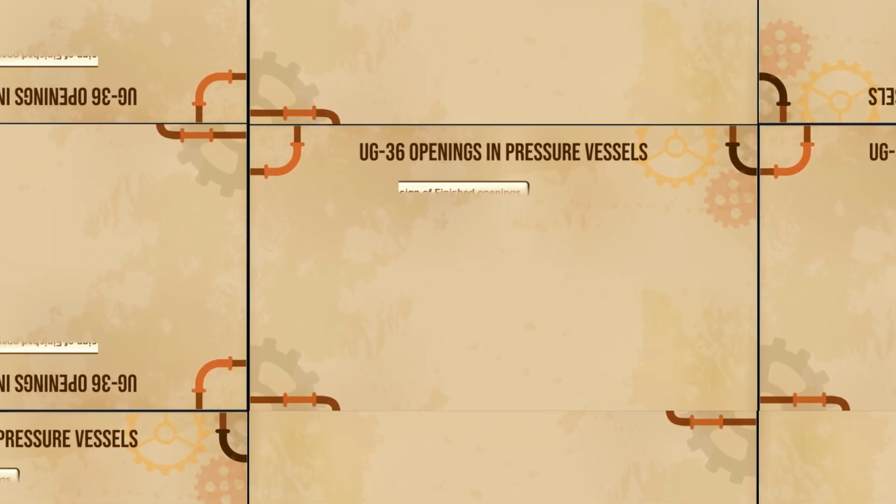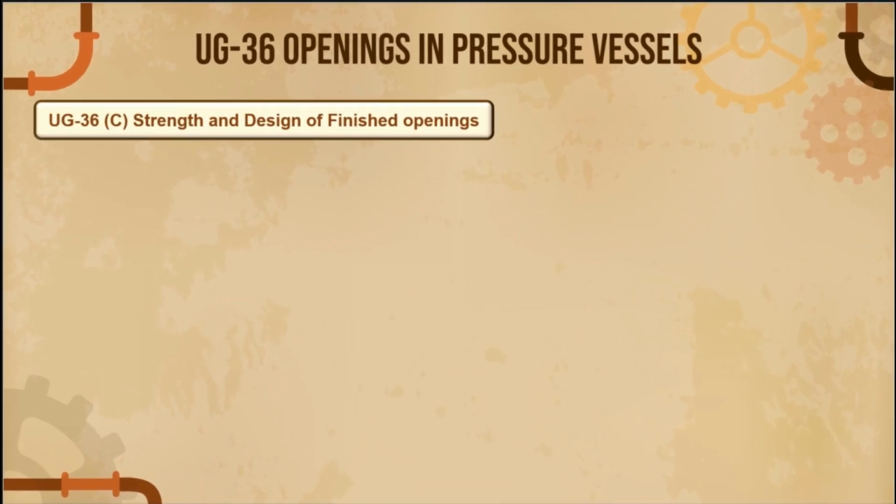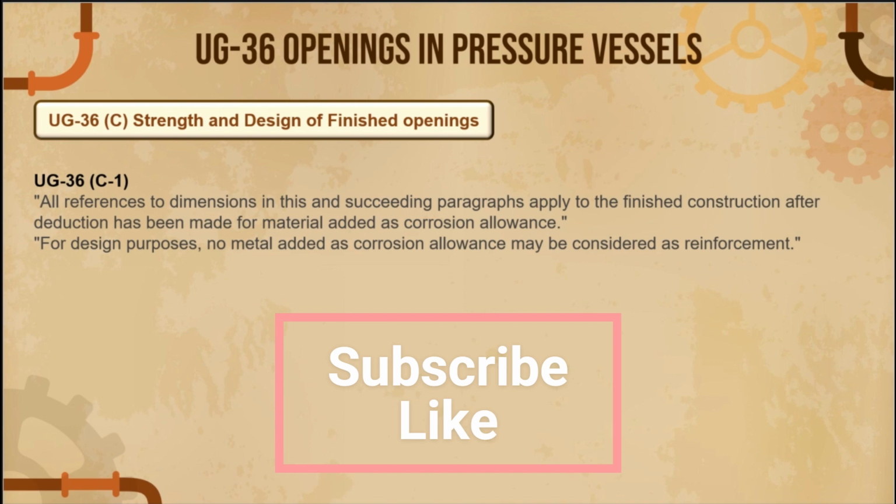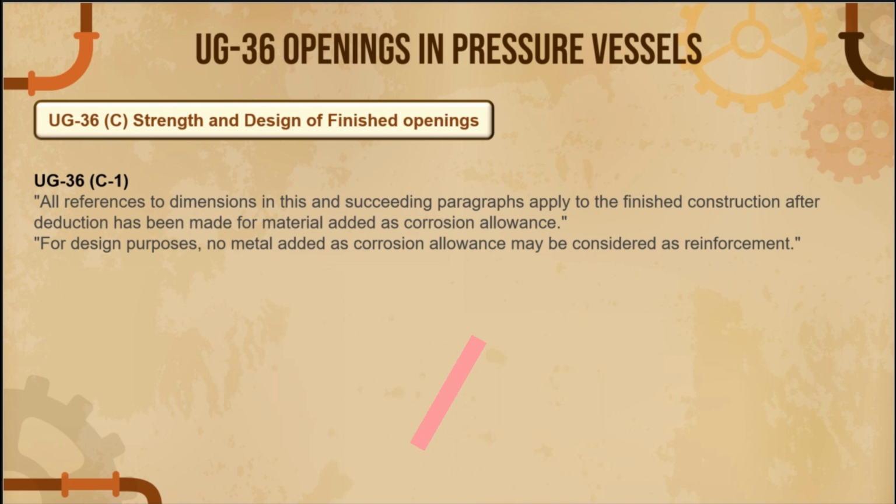So the very first one is UG-36, that is strength and design of finished openings. If you open the code, we will see UG-36C1, that is all references to dimensions in this and succeeding paragraphs apply to the finished construction after deduction has been made for material added as corrosion allowances. For design purposes, no metal added as corrosion allowances may be considered as reinforcement. What does it mean, guys? The meaning of this sentence is